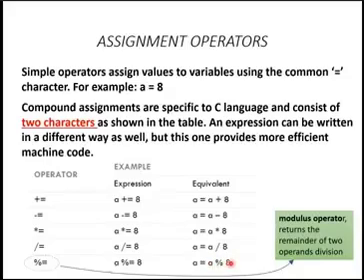Then star equal to, this is actually variable A multiplied by 8. And then slash equal to, it represents division. And then the last one, modulus equal to, is actually division,